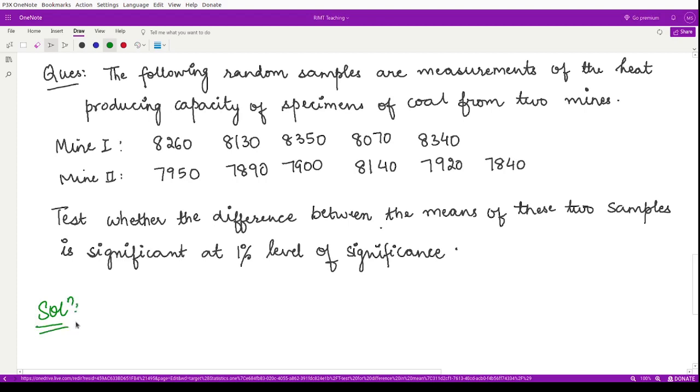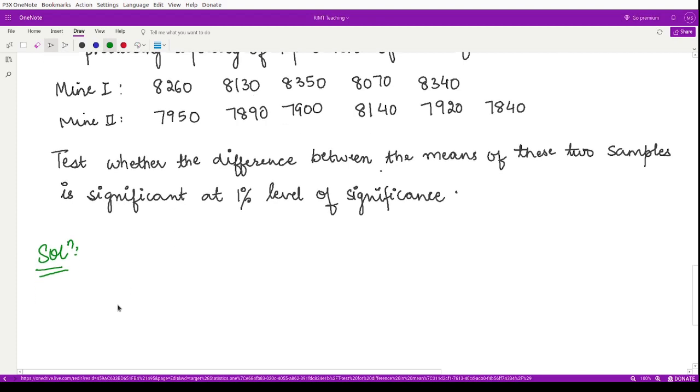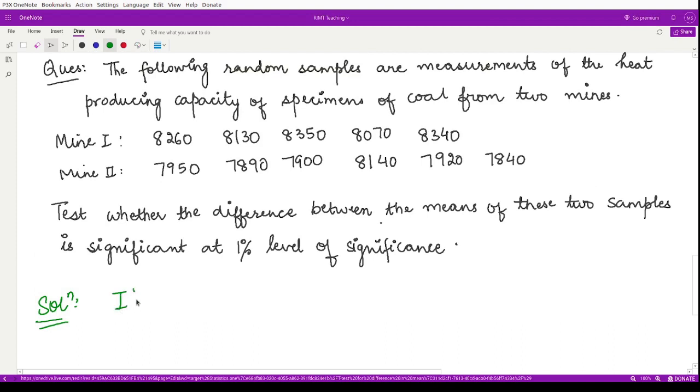For the solution, the raw data is given to you. The data in the first sample and the data in the second sample is given. So what do you require in order to compute this? The first step as always is to set your hypothesis. So what would be the hypothesis in this case? We wanted to check whether there is any difference between means. So in the null hypothesis, we assume the means to be equal. In the alternative hypothesis, we assume the means to be different, right? So these are your hypotheses. From here you may note that this is a two-tail test,